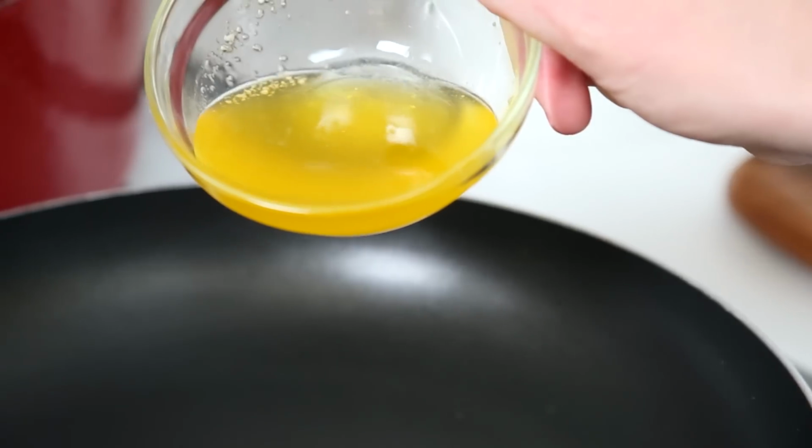If you have some sort of magic technique for using a cast iron skillet to make hash browns that don't stick to the bottom, please, you can leave that in the comment section below because I would actually love to hear from you. So in this case, we're going to use a non-stick frying pan, and we are also going